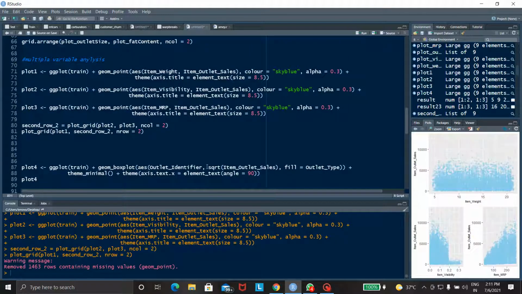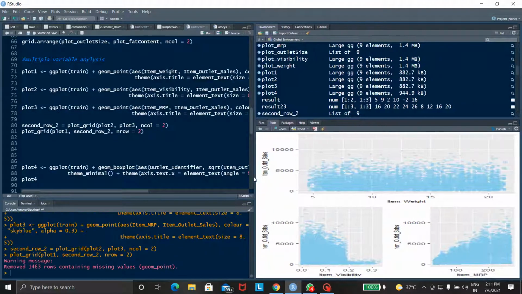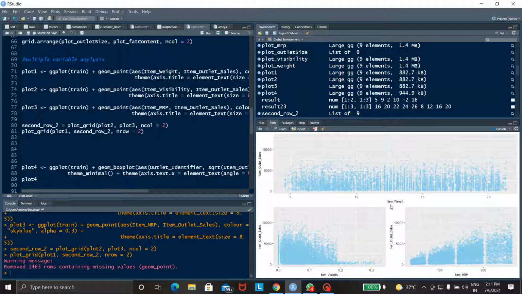It takes some time. Here is the output of this program. The first output is item outlet sales and item weight. Second is item outlet sales and item visibility. And third is item outlet sales and item MRP.